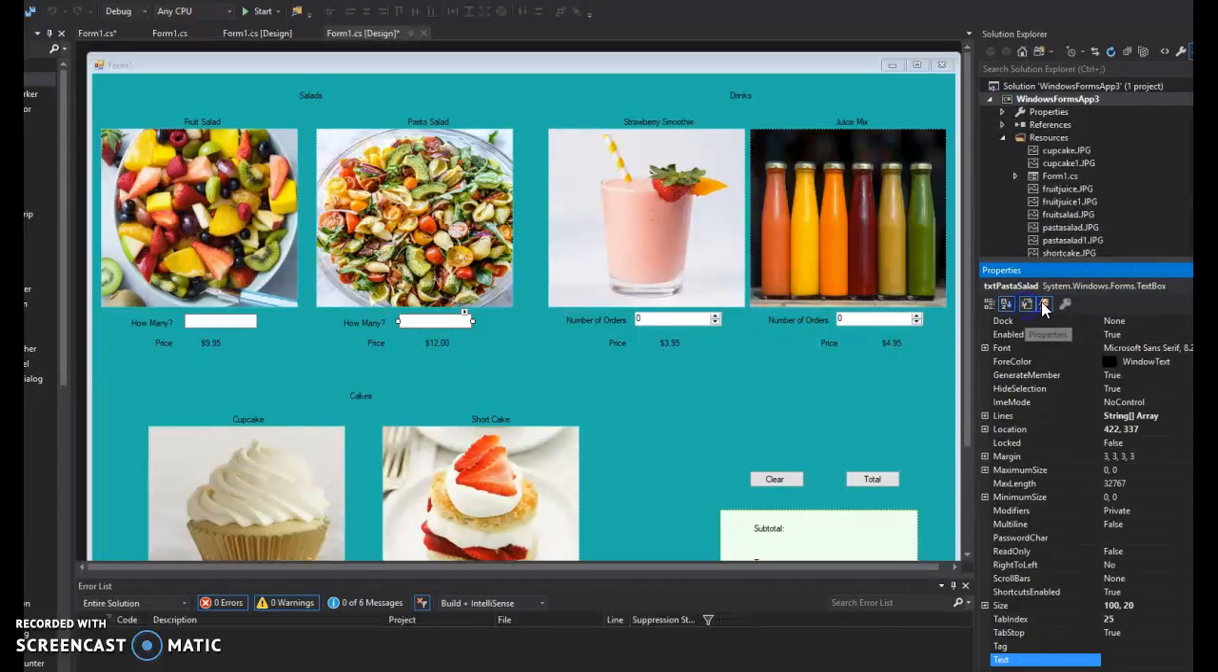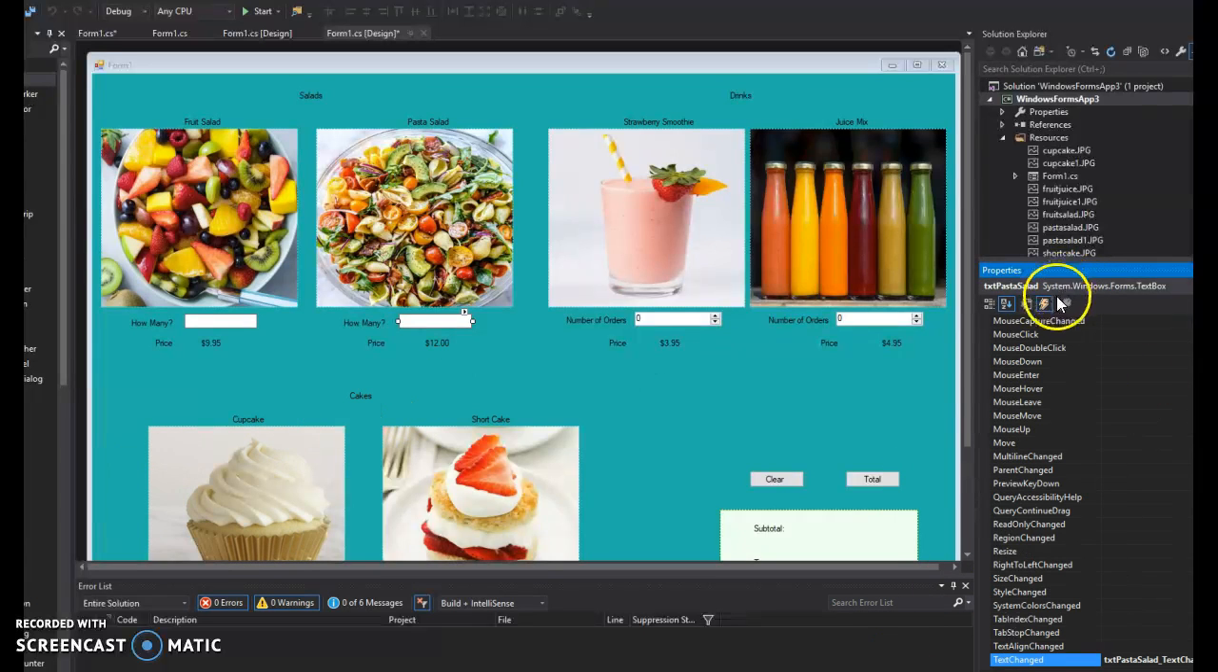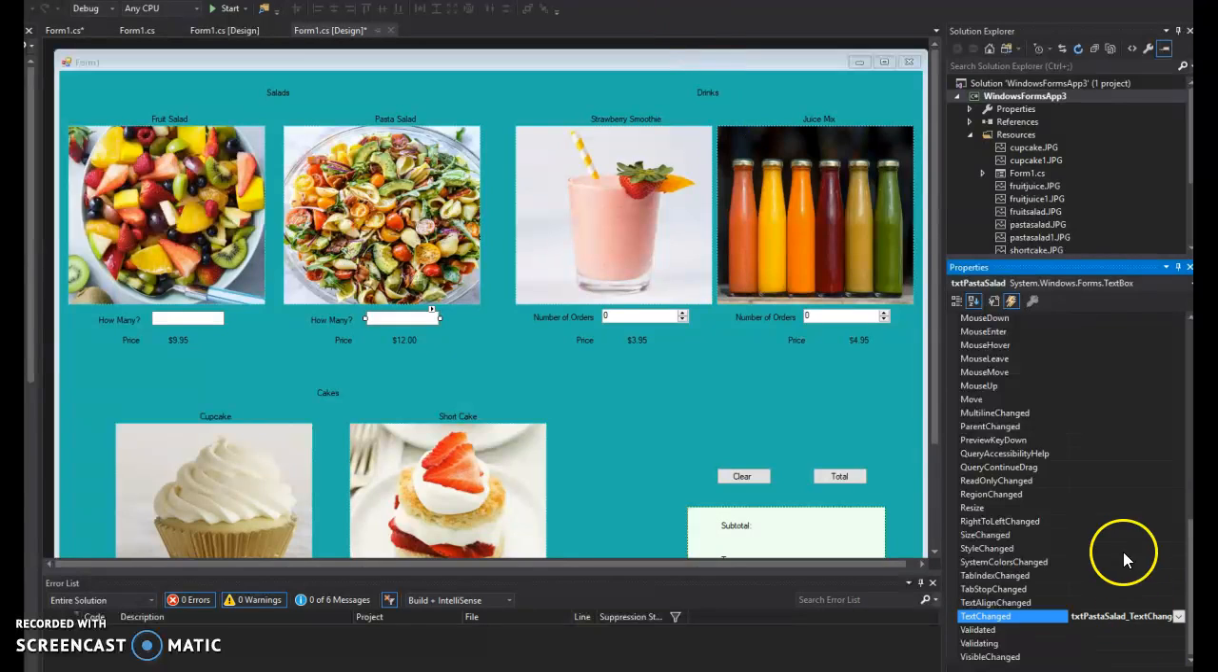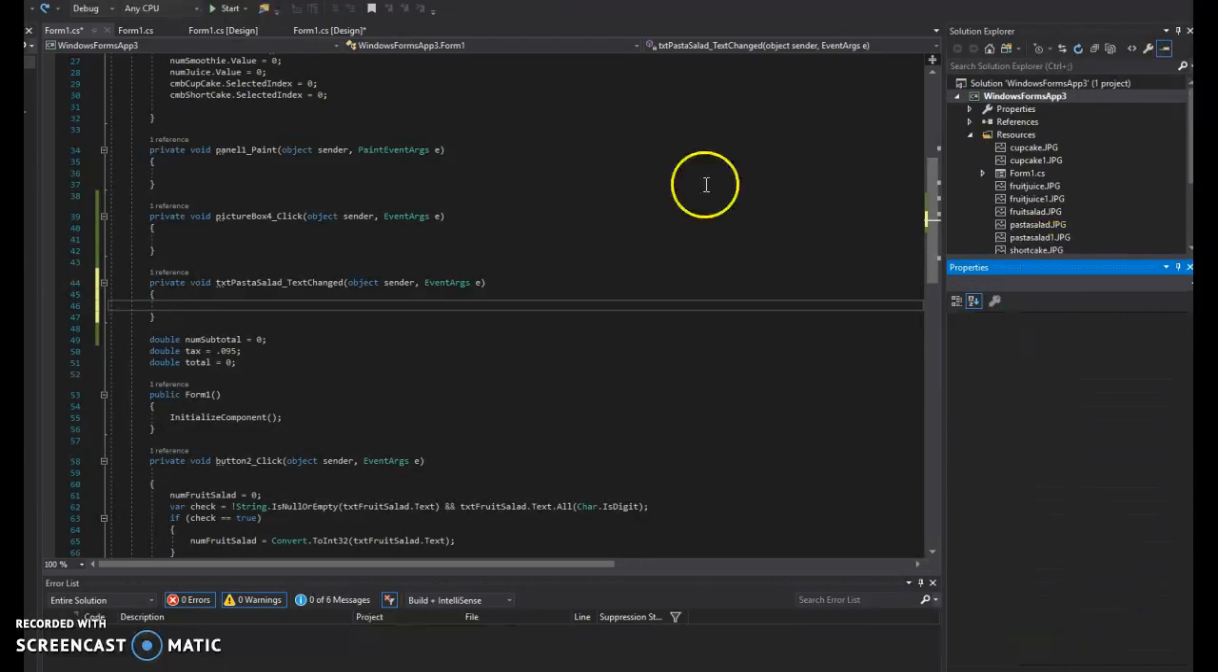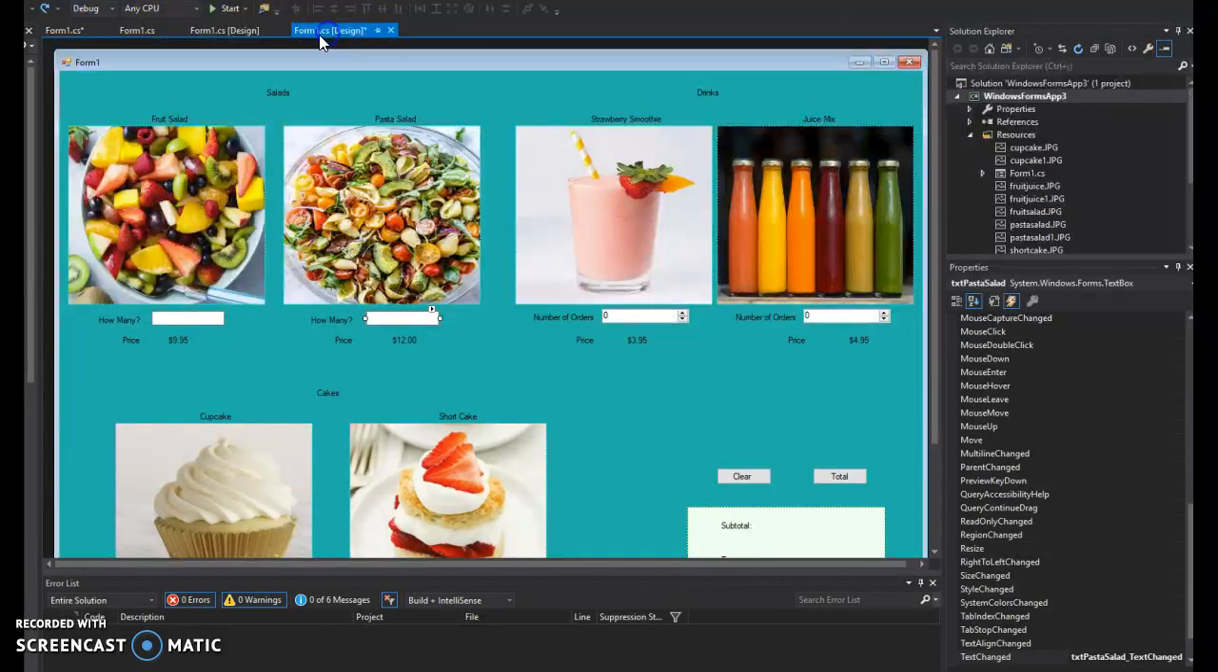Go over here. Just click on events in this box right here. It's in the properties, and you'll see all of the events that are tied to it. So all we need to do is go to the designer, go here,